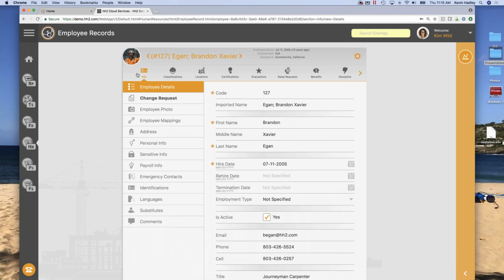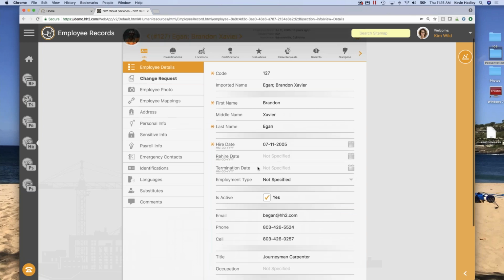Okay, let's go down to the employee info tab, this one furthest to the left. Here I've got Brandon Egan. His code came over from Sage, his imported name, his first name, last name, his hire dates, rehire dates. Again, all of this information is pulled directly from Sage.